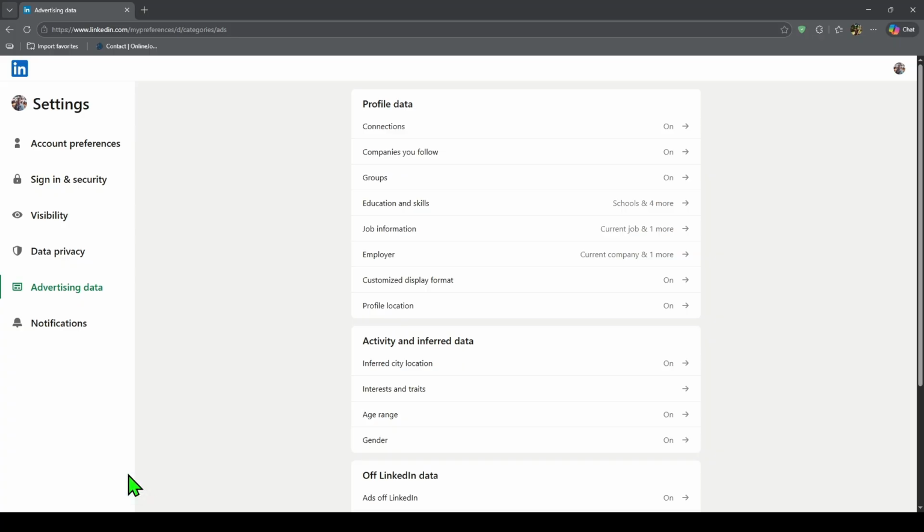So again, to adjust your settings and privacy on LinkedIn, open Settings and Privacy, then review the main sections like Sign In and Security, Visibility, Data Privacy, Ads, and Communications, and update the options that match how you want your